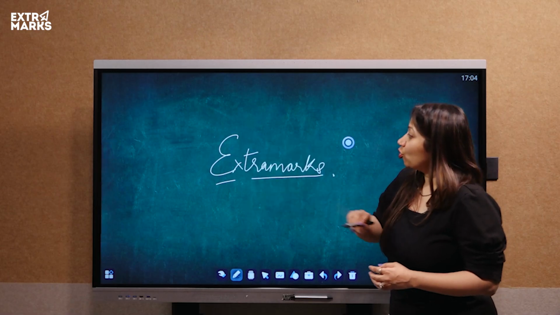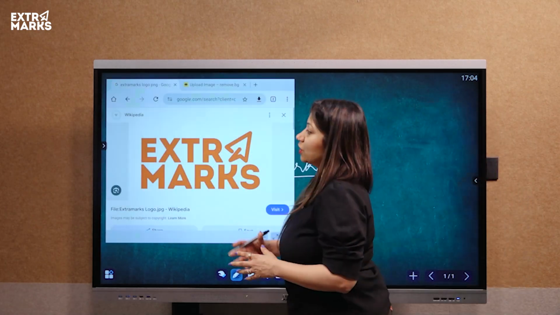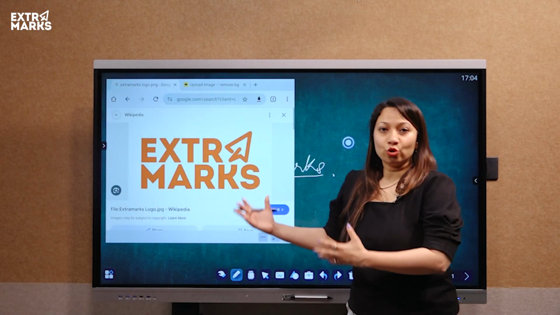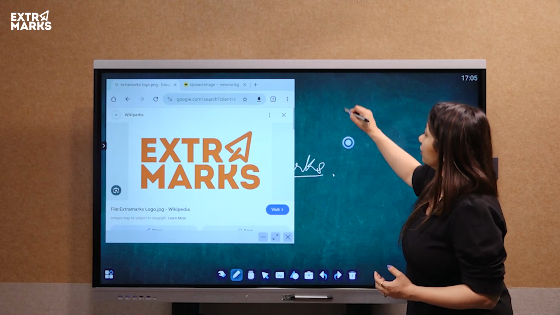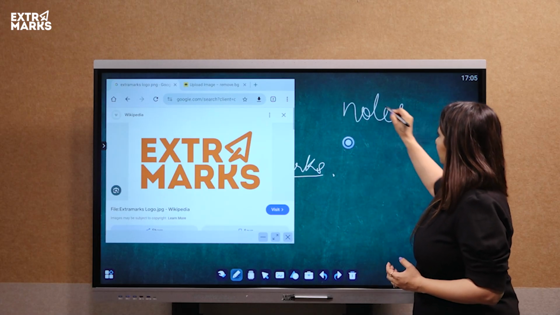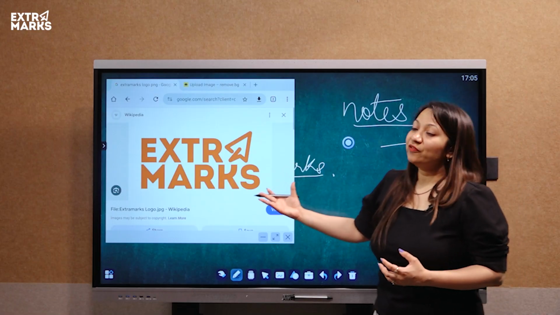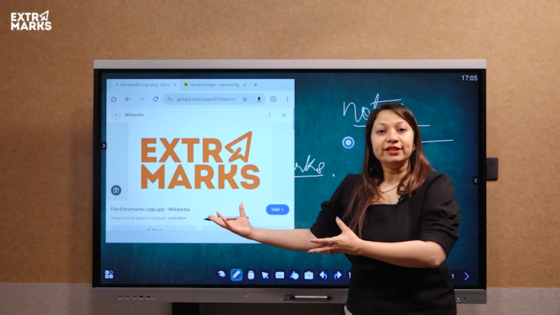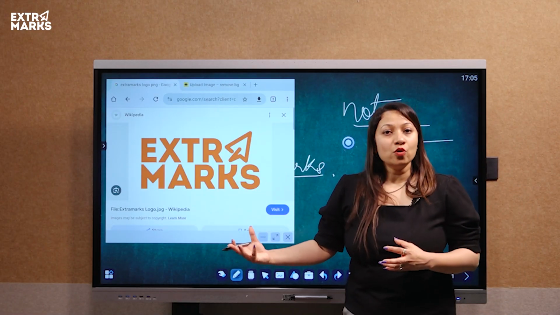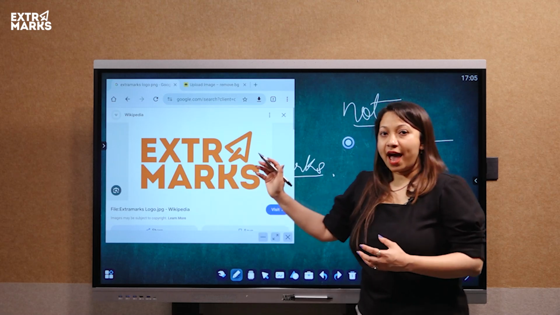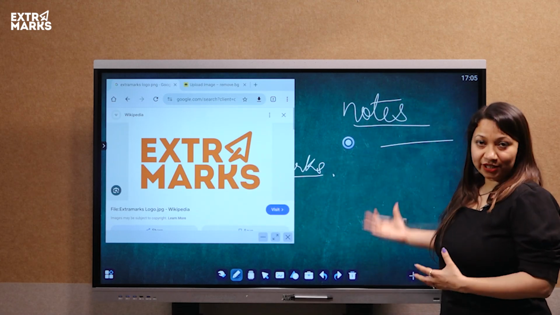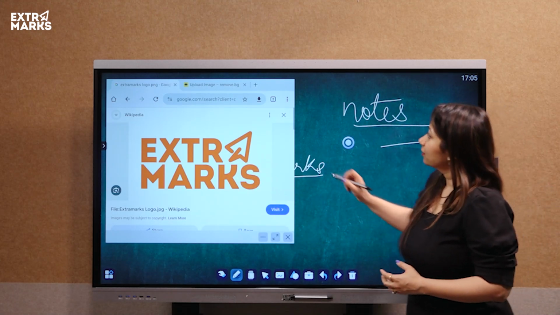So let me open Chrome for your reference. So here I can use Chrome as well as the canvas to write my notes. So this is how through pop-up window I can play content here, maybe a YouTube video or maybe a picture, and I can write simultaneously on the whiteboard canvas.